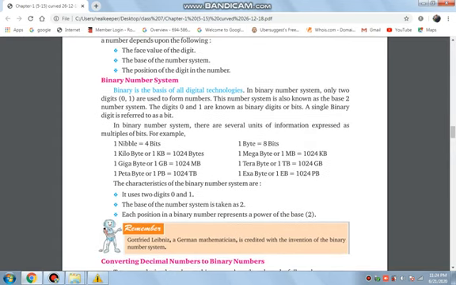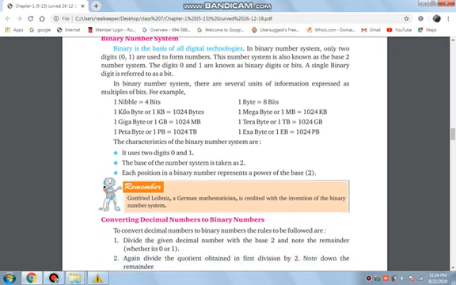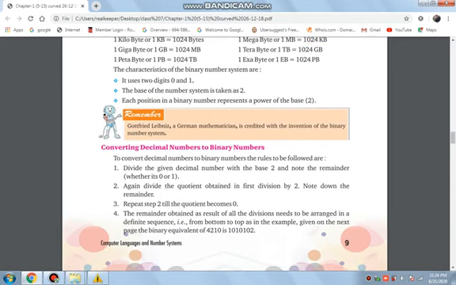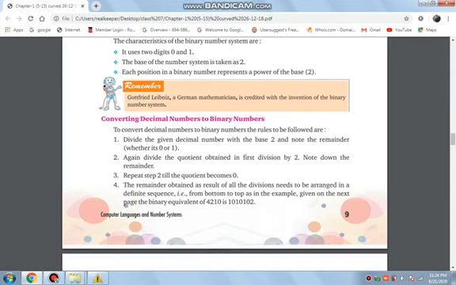Students, here we have given 1 KB equals 1024 bytes. As you can see, when we go from KB to MB, MB to GB, GB to TB, we will follow the same procedure of 1024. So these are some important points that you have to learn. And next, in the next class we will cover how we can convert decimal numbers to binary numbers, with some numerical steps. Okay students, so first of all cover all these basic concepts.